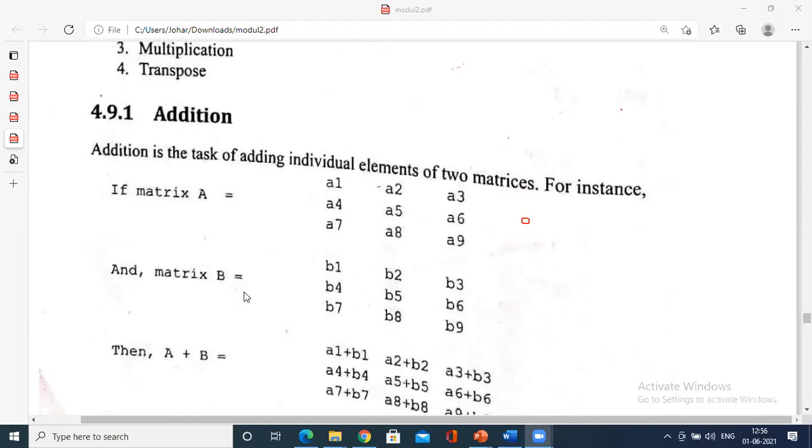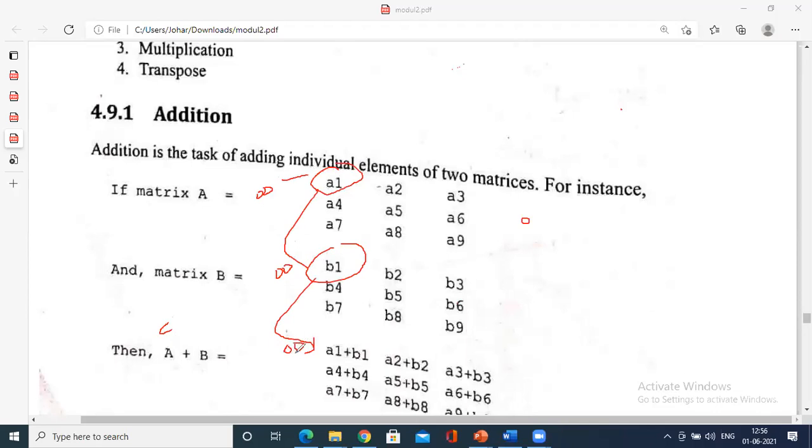In the case of addition, you should have two matrices. How does this addition work? You could see here, all of you. A1 is simply added with the particular B1, and it will be stored in the same position. That is, matrix A of 0 0, 0th row, 0th column, and matrix B of 0th row, 0th column will be added, and the result will be stored in the new matrix called C at position 0th and 0th.